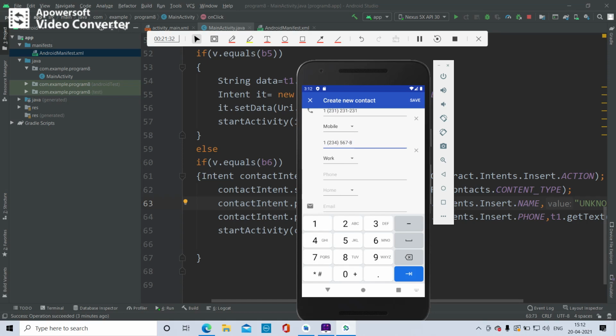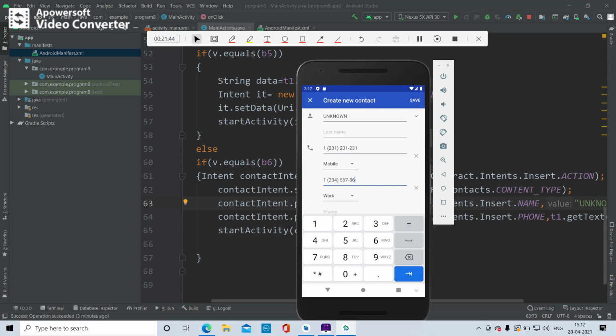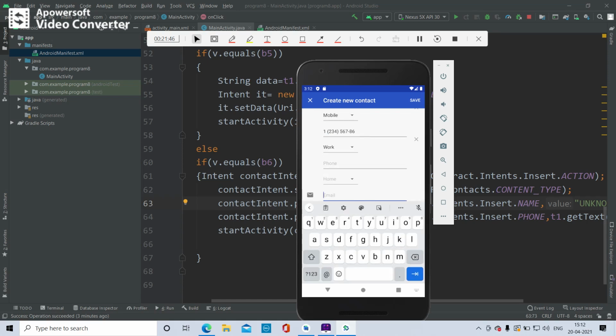And for email, you can select more fields. Like this you can work on create new contact. You have to give it properly. Like this the app works.